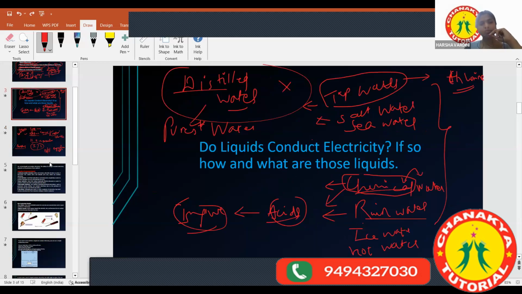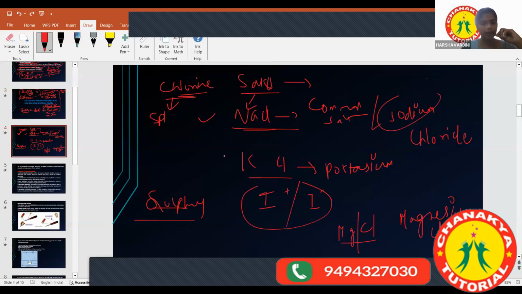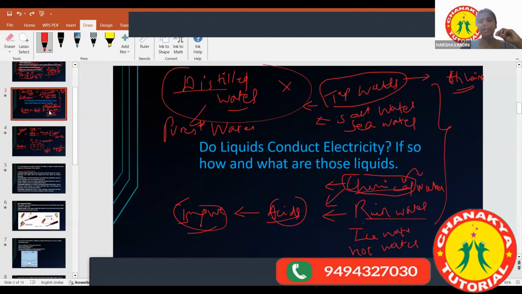Now I think you got an idea about water, what types of waters there are. We have so many salts present in the water, and one more important thing needs to be added. Apart from salts, you people are concentrating only on salts. There is something called drinking water. Nobody said that. That is fresh water. In fresh water or drinking water, you will have salts plus minerals and vitamins. Yes, those are added minerals.